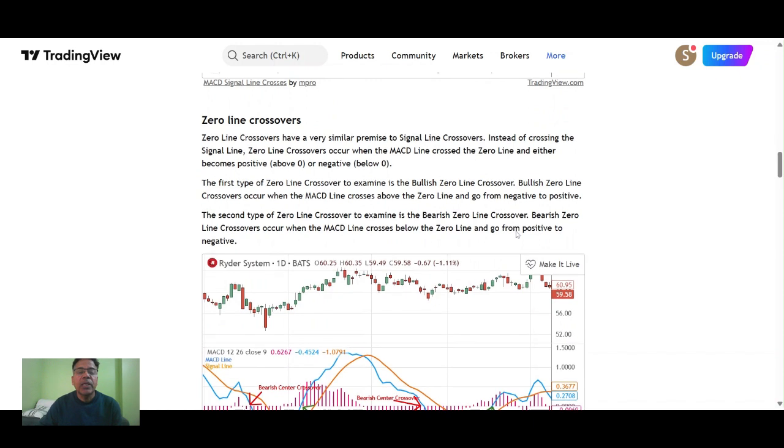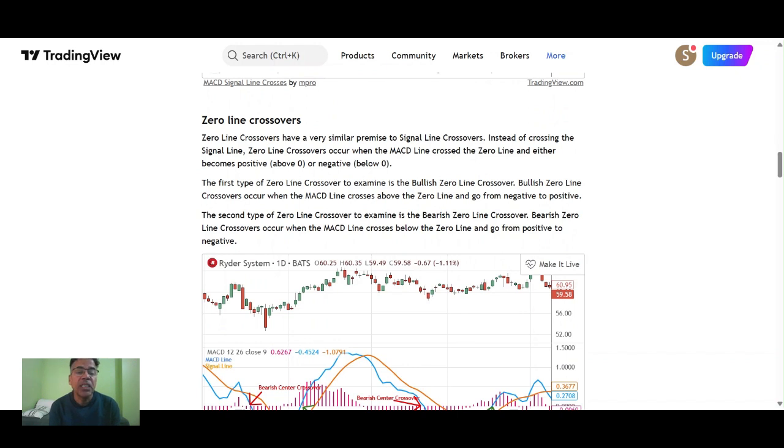Zero line crossovers have a very similar premise to signal line crossovers. Instead of crossing the signal line, a zero line crossover occurs when the MACD line crosses the zero line and becomes either positive, above zero, or negative, below zero. The first type of zero line crossover to be examined is the bullish zero line crossover. Bullish zero line crossovers occur when the MACD line crosses above the zero line and goes from negative to